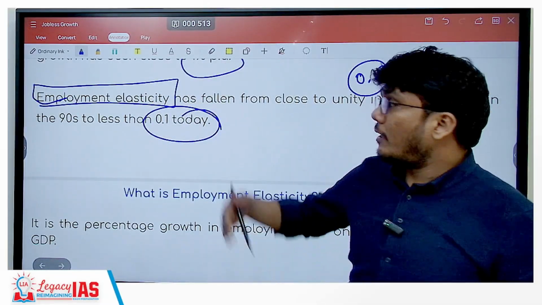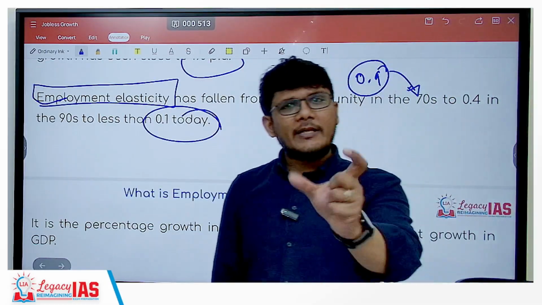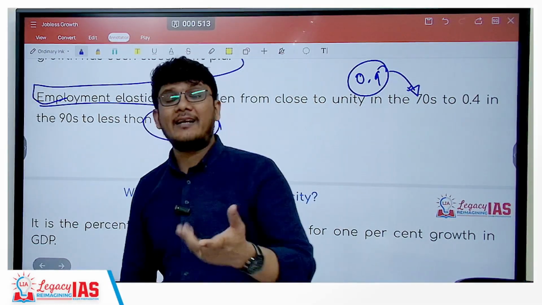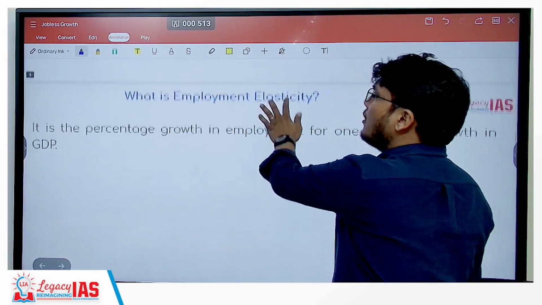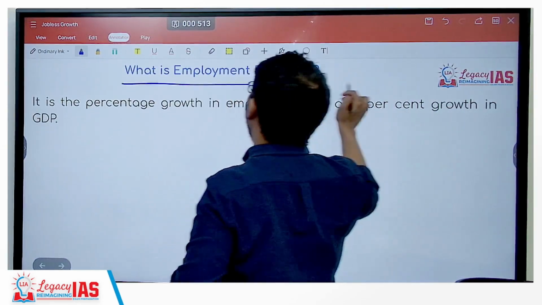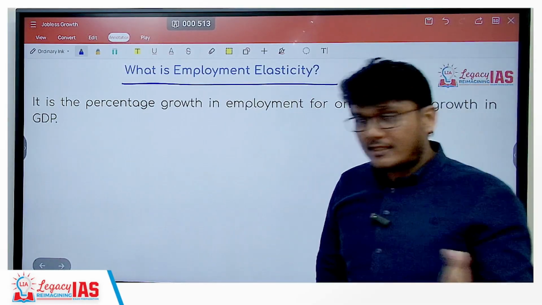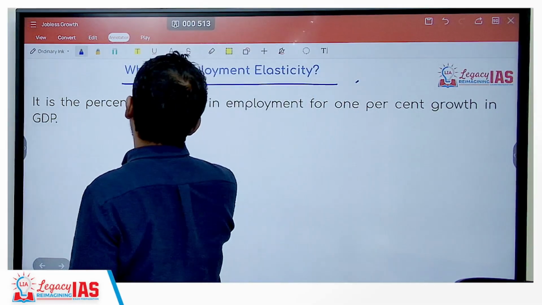So employment elasticity has gone down. You can mention this term in your answer, that employment elasticity has gone down, right? It is going to add value to your answer. So the question is, what is employment elasticity? It is nothing but percentage growth